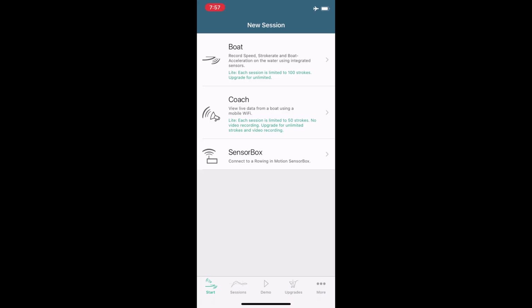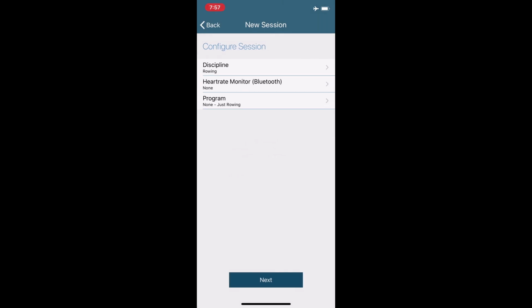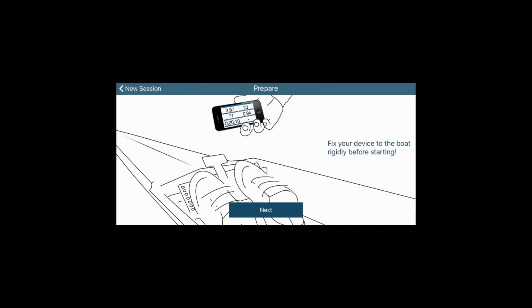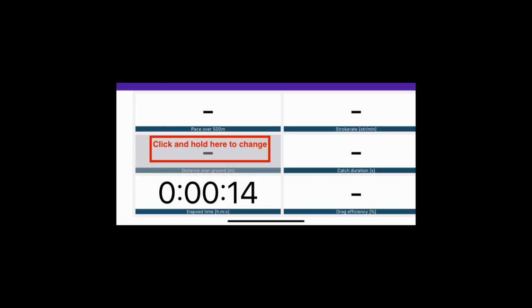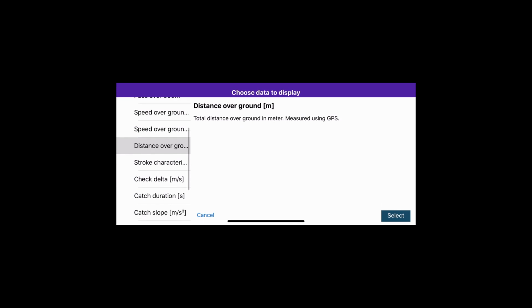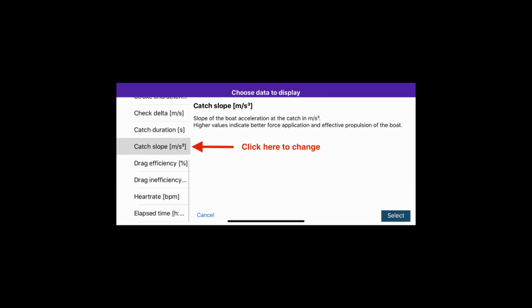In the boat, all you need to do to set it up is go into the app, and it loads up, and you can see here the normal metrics that are there. If you want to change one, just click and hold on the one you want to change, and then on the next screen choose the metric that you wish to include instead and click on that, and then select. This will change that particular component on the screen that the athlete sees in the boat, and indeed the coach can do the same for their view of the boat.